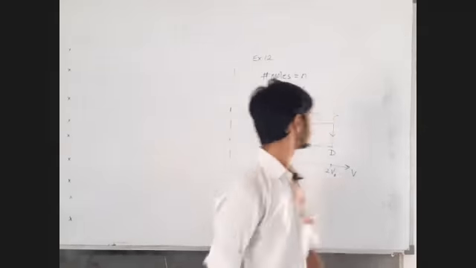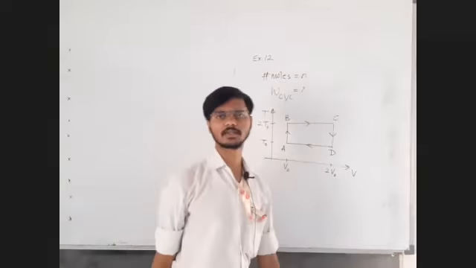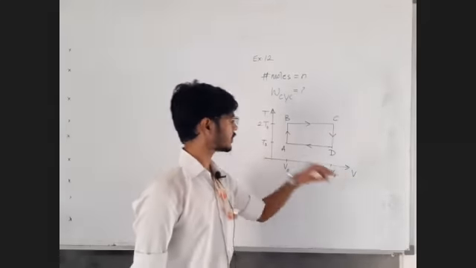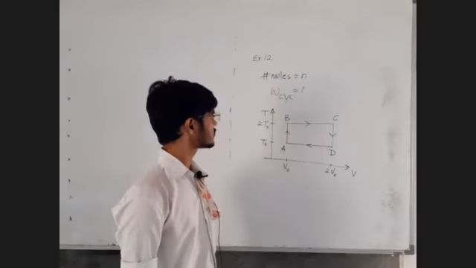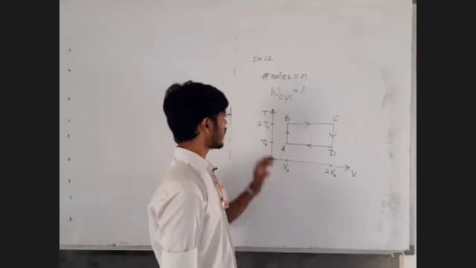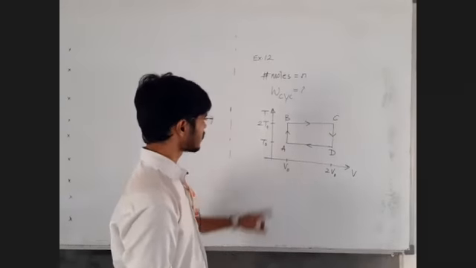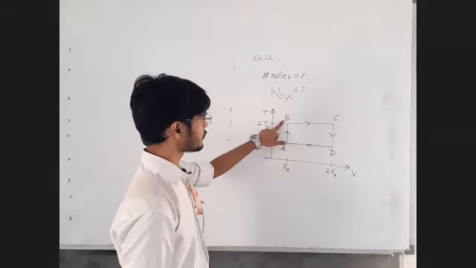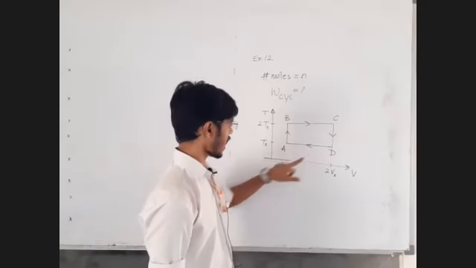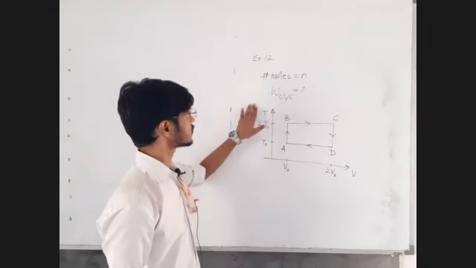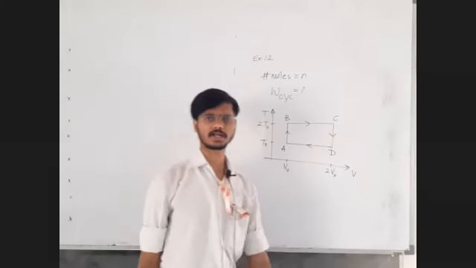See, when a temperature-volume curve is given, there is a method to find out the work done. Generally it is ensured that at least one or two isochoric processes are given. See, process A to B and process C to D are isochoric. Am I right? When you are given a temperature-volume curve and you are asked to find out the work done,